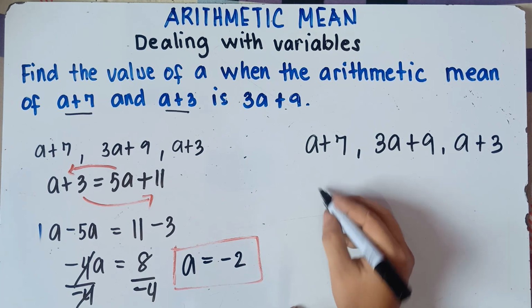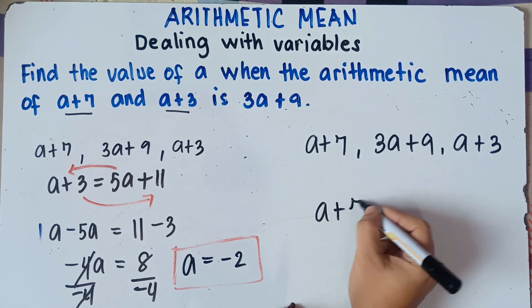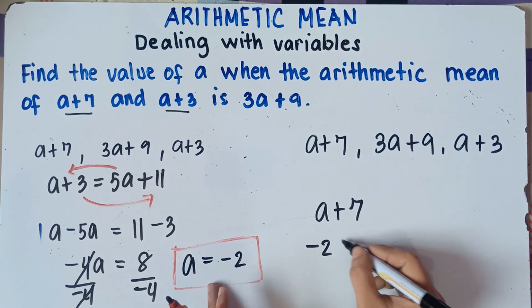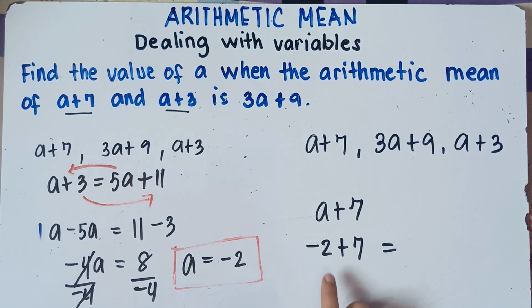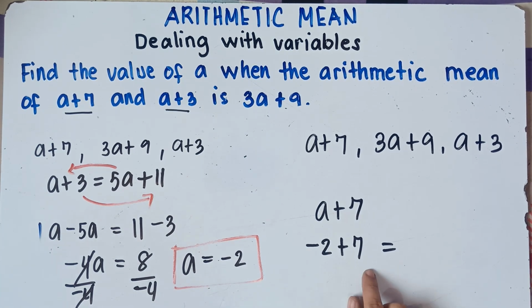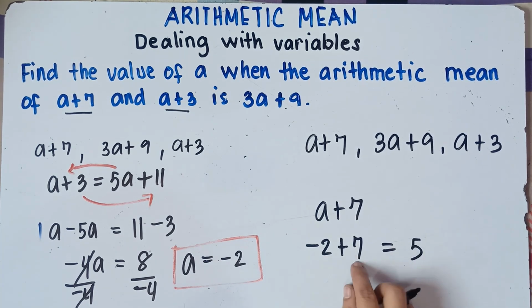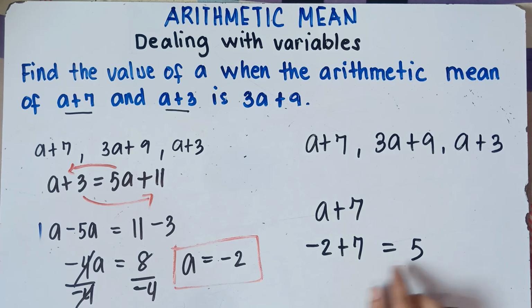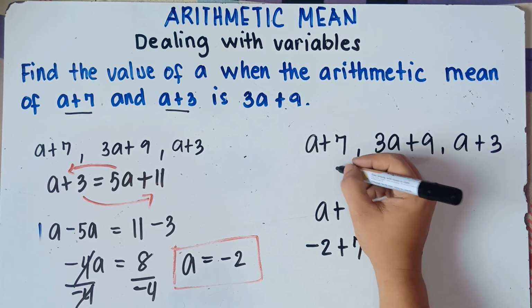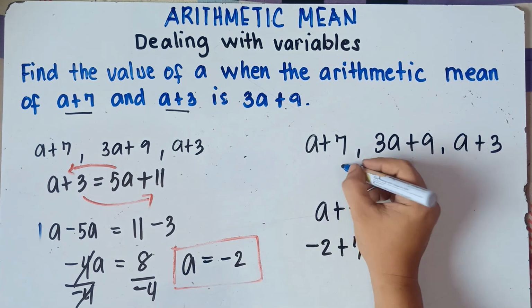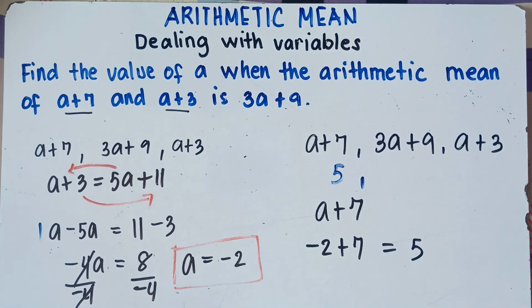If A is negative 2, from this A plus 7, so A is negative 2 plus 7. Once again, class, if the signs are not the same, if you have unlike signs, you subtract, then copy the sign of the larger number. 7 minus 2, that's 5. 7 is greater than 2, so we have positive 5. Alright, so once again, A is negative 2 plus 7, that is 5. So this first number is 5, and then comma.